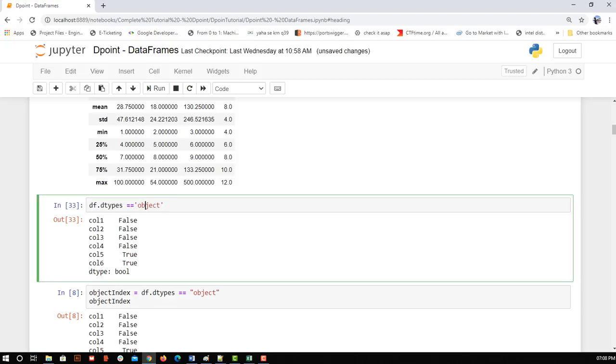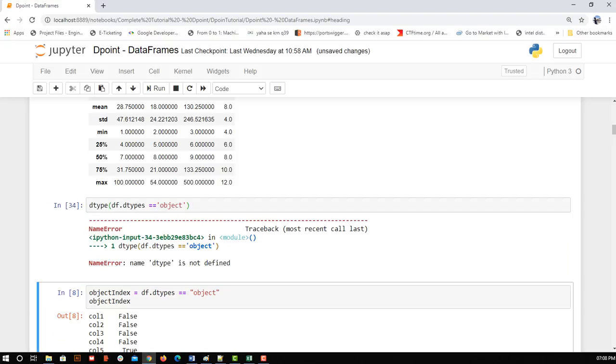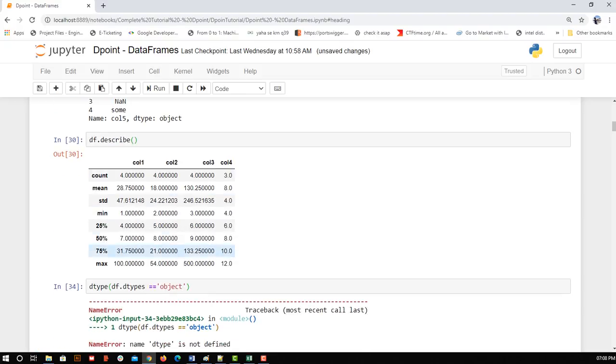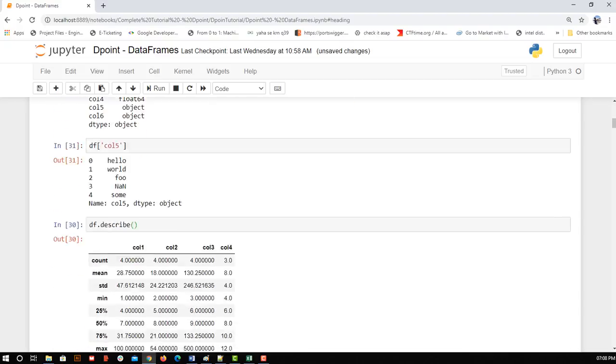This decision making I am going to use for all kinds of filtering and getting required columns, attributes or records. This is how I'm going to get the series. Let me show you the data type of this as well. dtype is not defined. Is it dtypes?